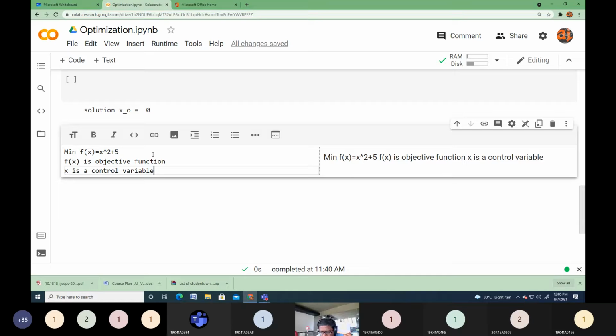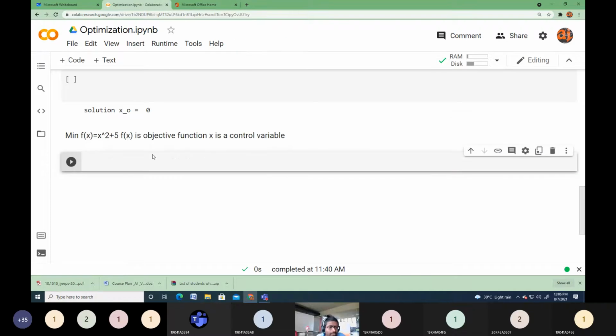Why is it a nonlinear optimization problem? Because my objective function is nonlinear in terms of its control variable. Why is it a single variable nonlinear optimization problem? Because my objective function contains a single variable. So this is about the problem statement.